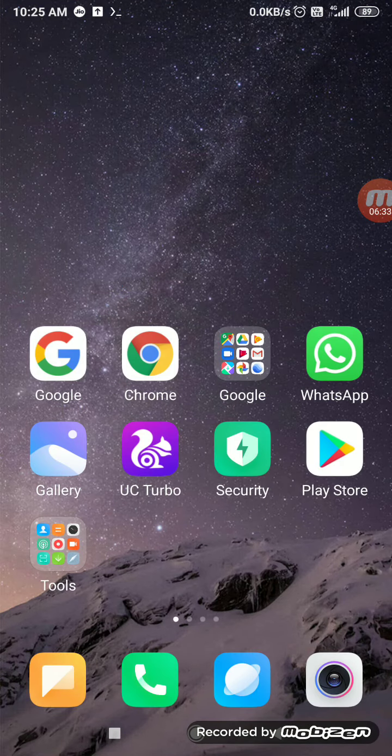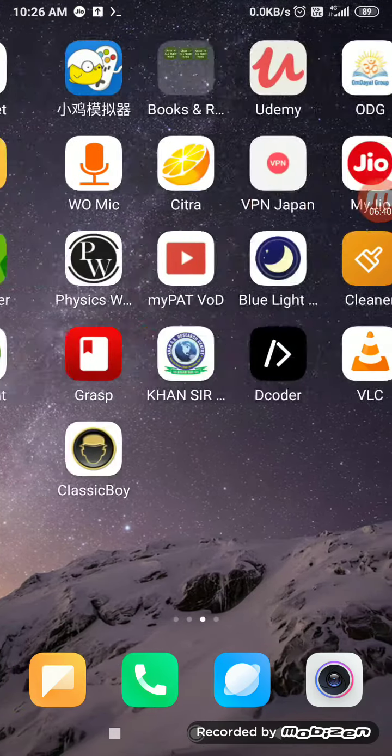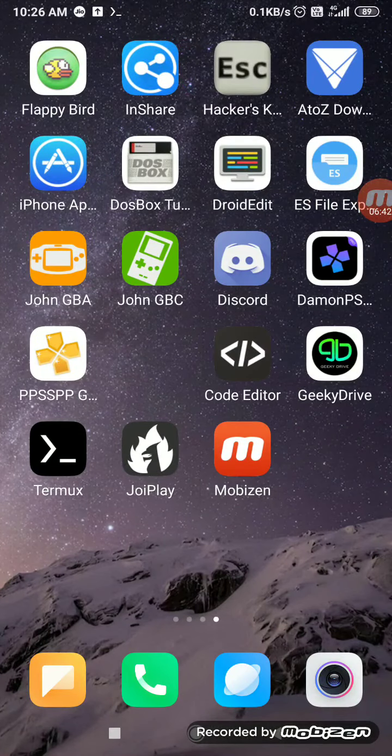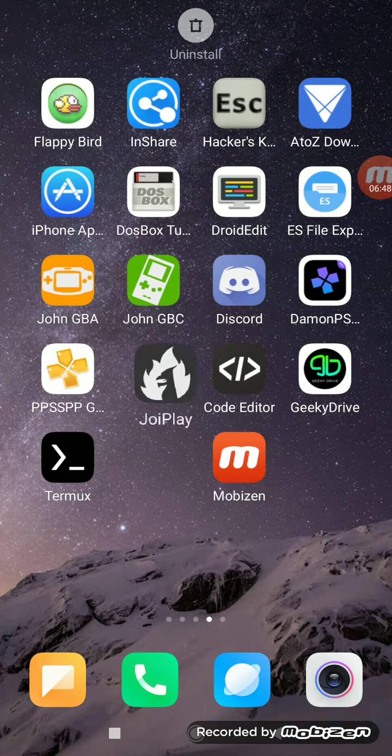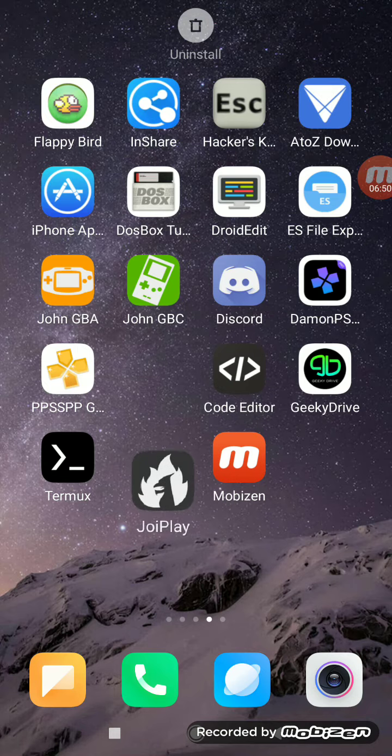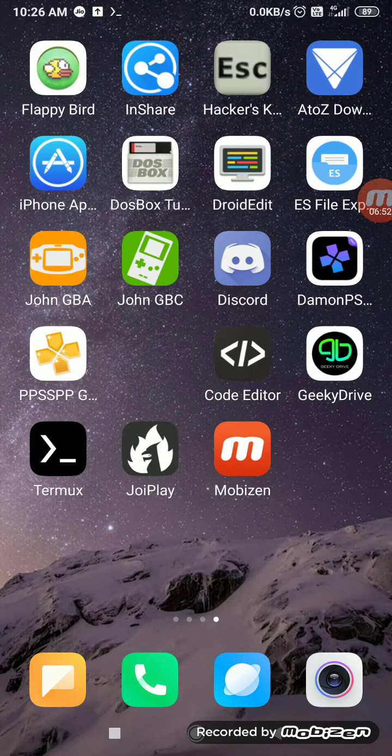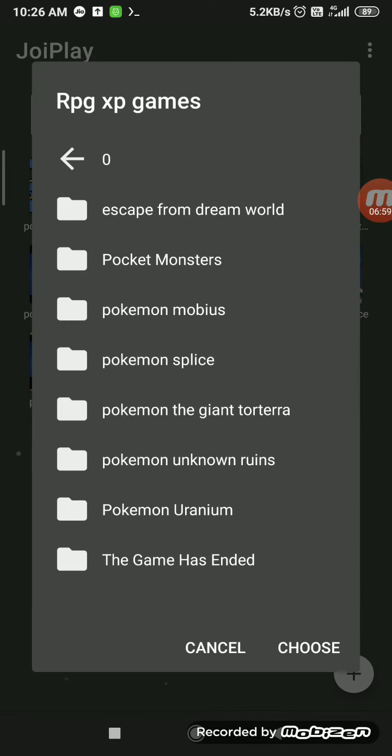After you have extracted it in your desired location, you have to use JoyPlay, this emulator. As I have explained earlier, it is used to play Pokemon or any other RPG Maker XP games on your Android. So go and open it.